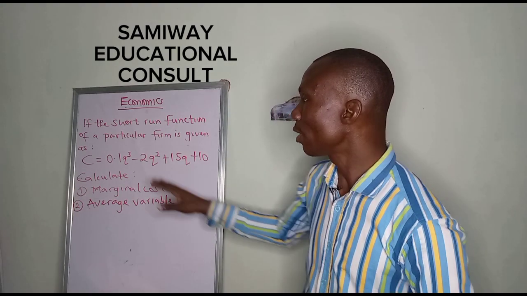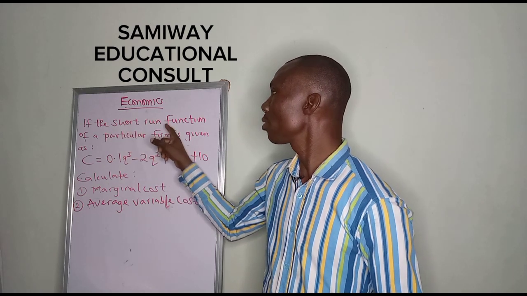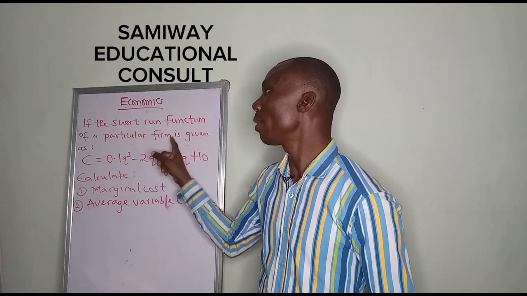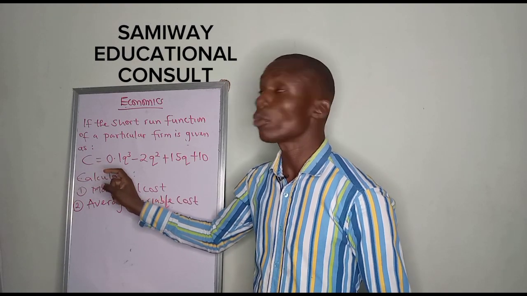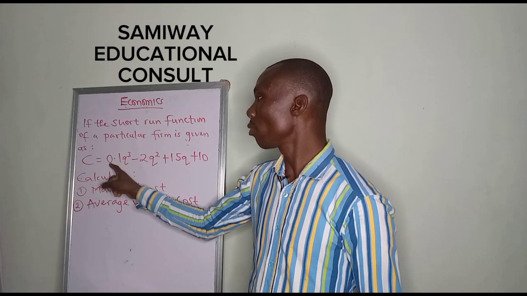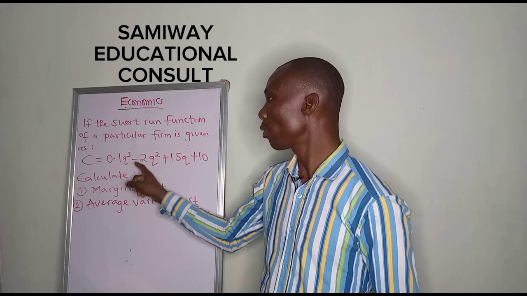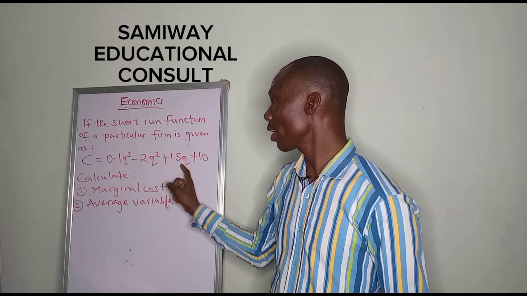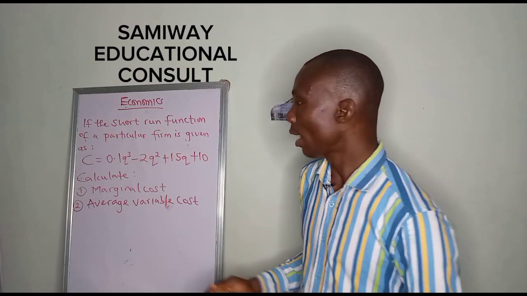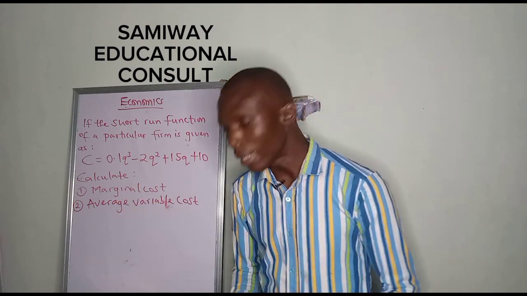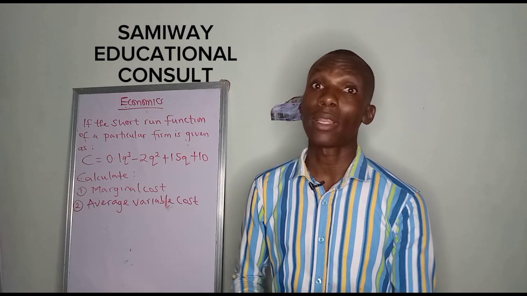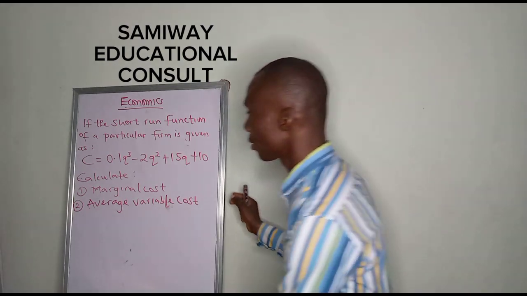And we are given a question like this: if the short run function of a particular firm is given as C, equal to our total cost, 0.1Q cube minus 2Q square plus 15Q plus 10. And we are asked two major questions. Number one, calculate the marginal cost. Question number two is calculate the average variable cost. So